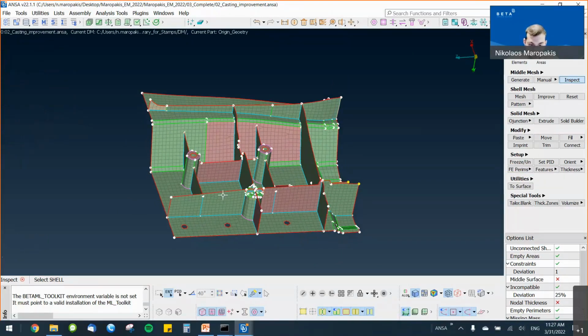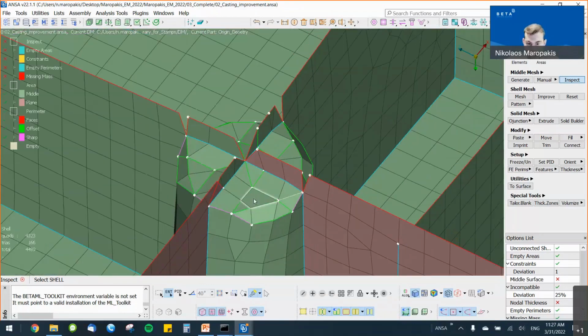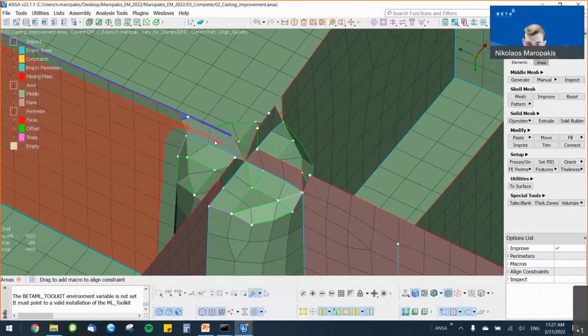Knowing in which areas to focus now, I will start by fixing the result of the middle mesh that the casting algorithm gave me. All the directed functionalities that we saw earlier work also with the middle mesh. They are specifically adapted to manipulate entities called align constraints, which are the result of the casting. When I have the directed functionalities activated in the areas category and I hover my mouse over the model, I can see these colors, which are actually the preview of the align constraints that associate the macro perimeters to the underlying geometry.